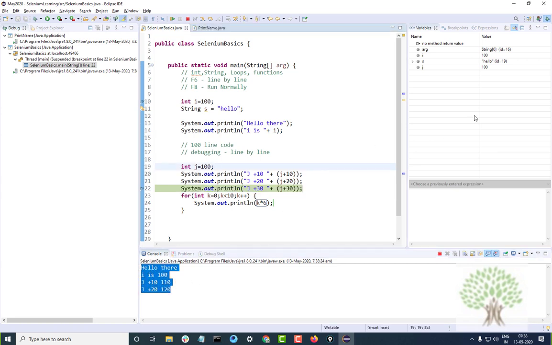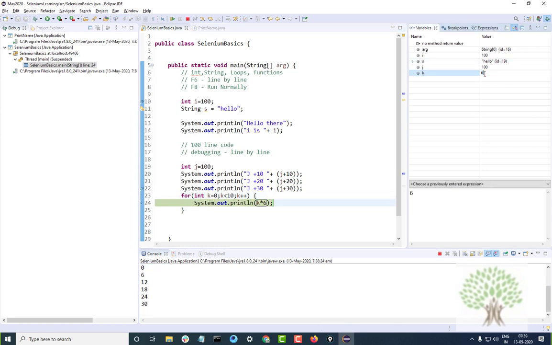If you hit F6 now, this will run the for loop again. You see that this is running the for loop. It is printing the table of 6 basically. You can see the value of k increasing on the right section. The runtime value of k will increase. Now it will become 7.